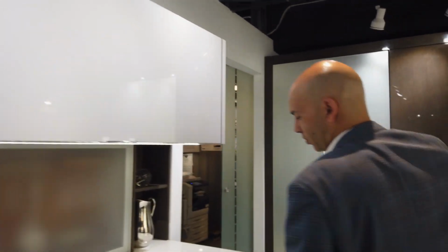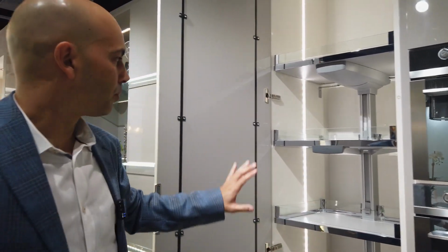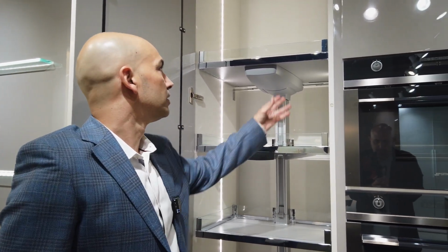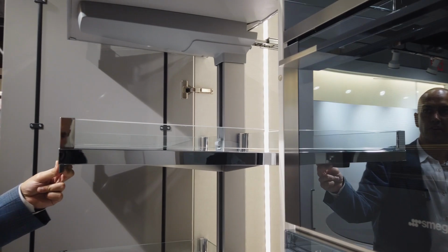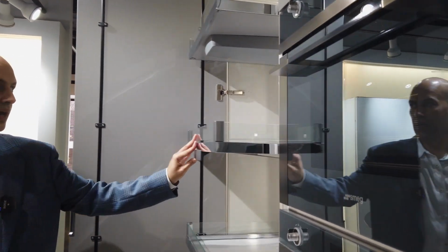So you can get a custom cabinet maker to do whatever you want, buy the components, put it together. But the question is if they have really the power, the industrial power to make sure that it's going to work. You see, this is a perfect example. Perfect piece of hardware with the glass, the metal, the lighting inside the cabinet, but it's not perfectly engineered. So you might be a manufacturer, custom cabinet maker that takes this piece of hardware, plugs it into a cabinet,